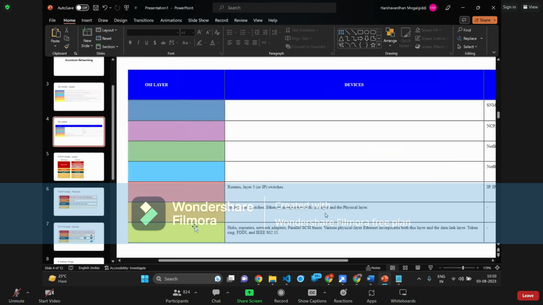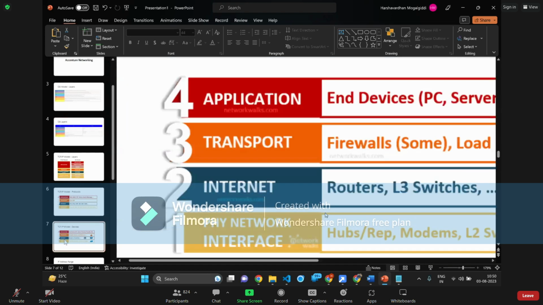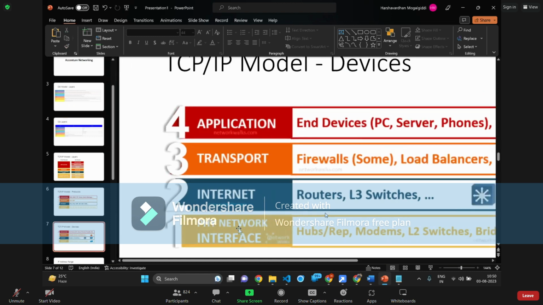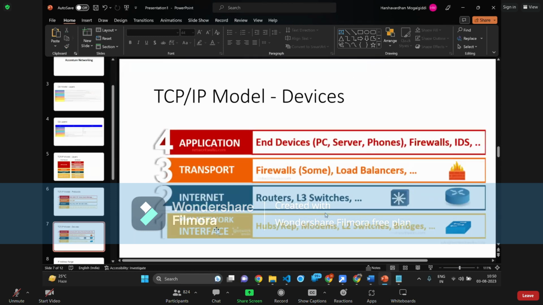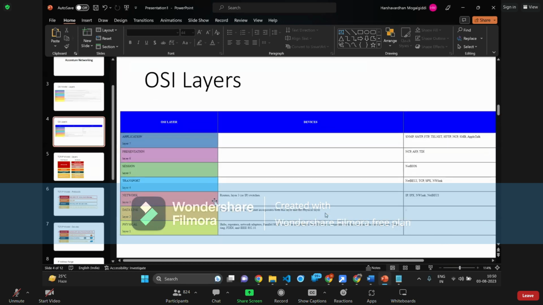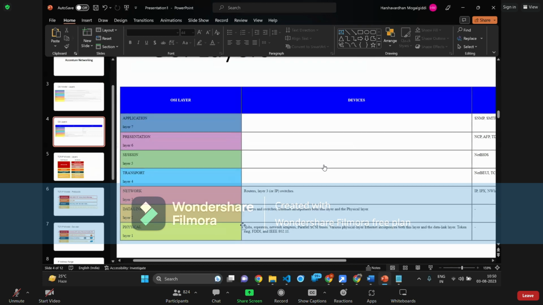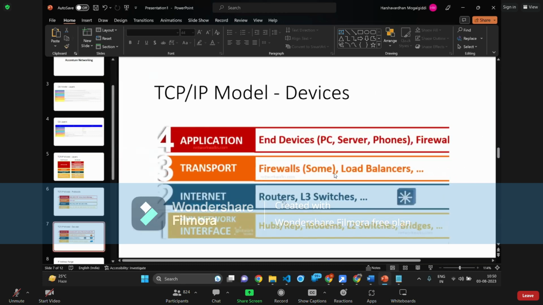Hubs and repeaters were there in the OSI physical layer, and hubs and repeaters are there in the physical layer of TCP/IP also. Obviously, we require layer 2 switches and bridges. Here also, layer 2 data link switches. And I'm just comparing, right? Your routers,